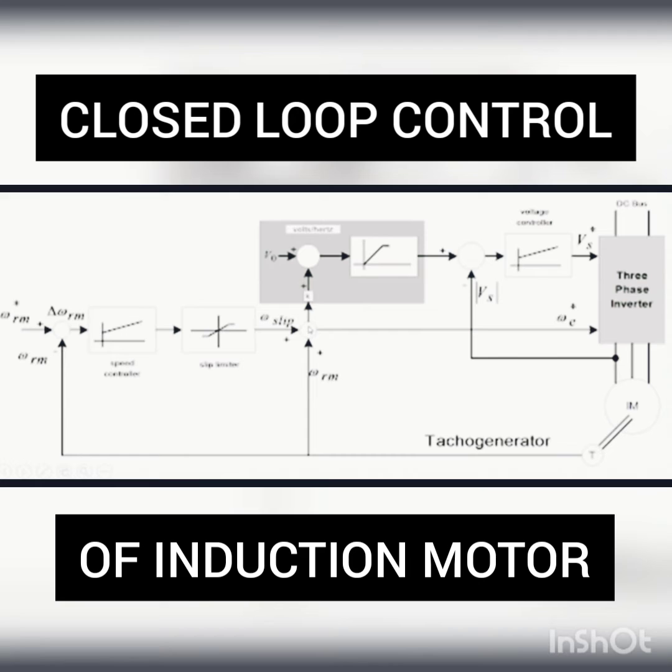We are taking the speed from the motor and also the voltage from a voltage sensor. We are using the PI controller as a voltage controller here. From this we are obtaining two values, that is frequency and voltage, omega e star and Vs star. These both signals are given to a three-phase inverter. This inverter gives an improvement in the speed so that the required speed and voltage are obtained.